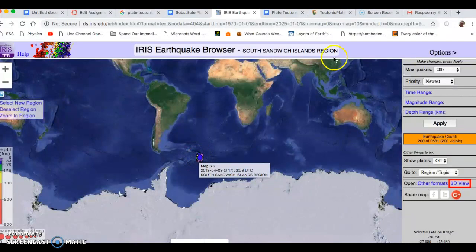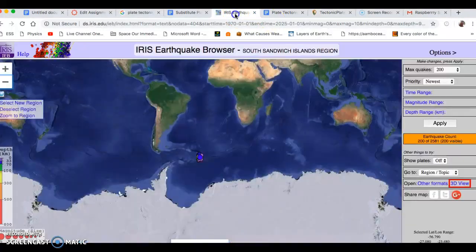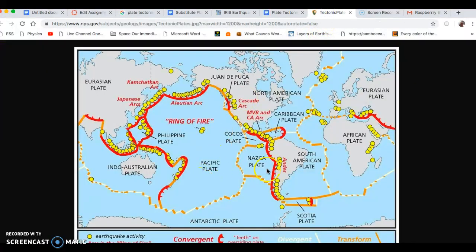To find out what plate boundary that is, you can click on this other thing that I've included in your instructions, and that looks like probably that's around the Scotia plate. So you can double check that here. It's kind of between South America and Africa and Antarctica. And about there, let me see. Here's where we are. Yeah, about there, I'd say. So that earthquake happened on the Scotia plate, and the type of plate boundary is, you can use this